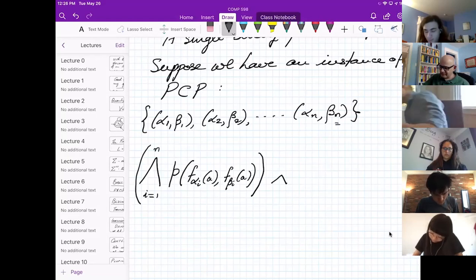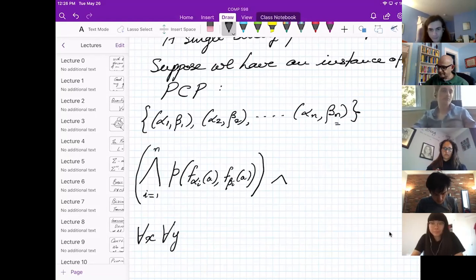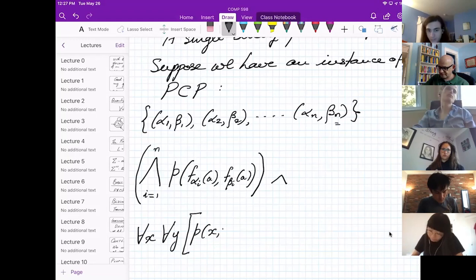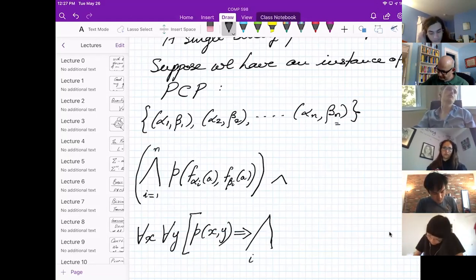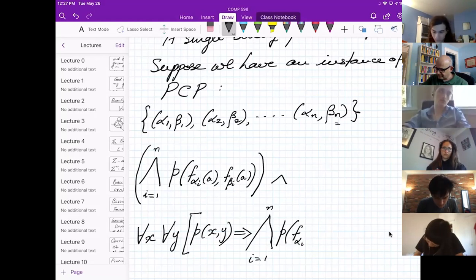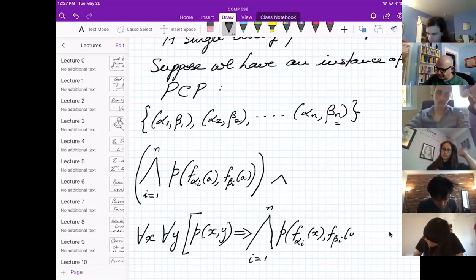So all this, and now, for all x, for all y, big square brackets, P of x y implies big conjunction, again going from 1 to n, P of f of alpha i applied to x, f of beta i applied to y.